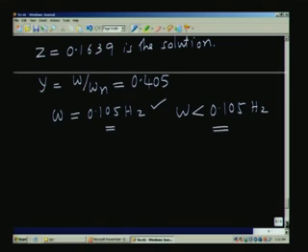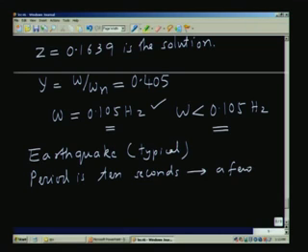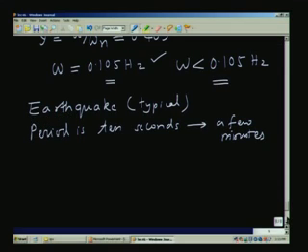So, if we look at a typical earthquake, the period of the waves is something like 10 seconds to about a few minutes. The waves generated by the earthquake have periods in this particular range, 10 seconds to about a few minutes, and if you calculate the corresponding frequency, 2 pi by the period. So, if I take 10 seconds, 2 pi divided by, suppose I take 1 minute, it becomes 60 seconds. This will be so many radians per second,